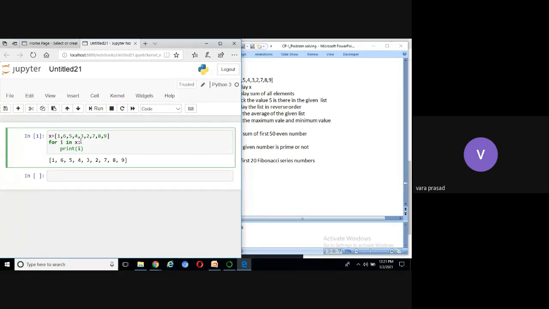If you want to display the contents of X one by one, I'm going to take for loop for I in X. So I will take the values from X because X is a list. In general, for loop will take the values from the list, set or tuple or from the range. Please try to understand this important point. In general, for loop is used to take the values from the list, tuple, set or the range function. In this example, we are taking the values from the list.